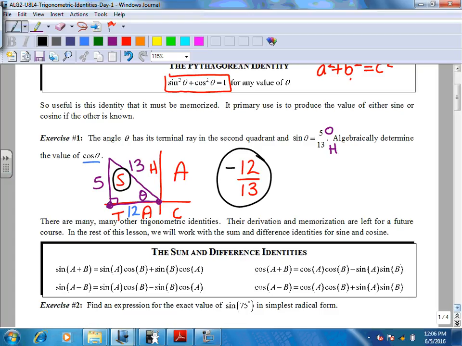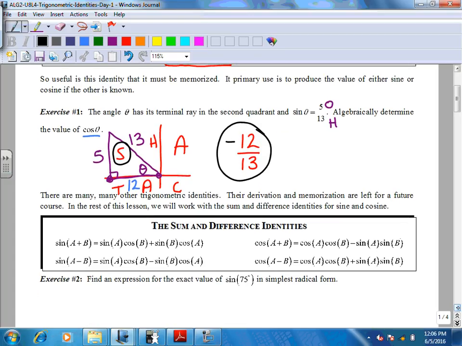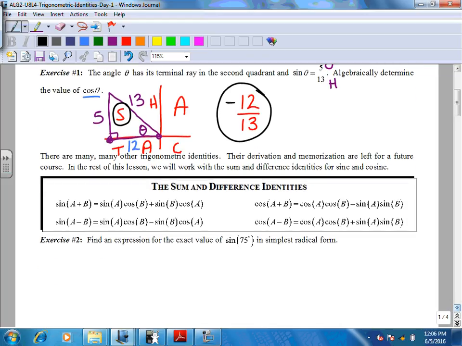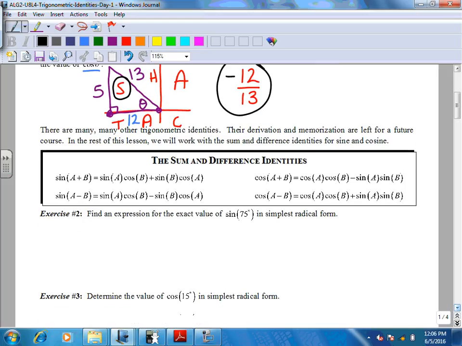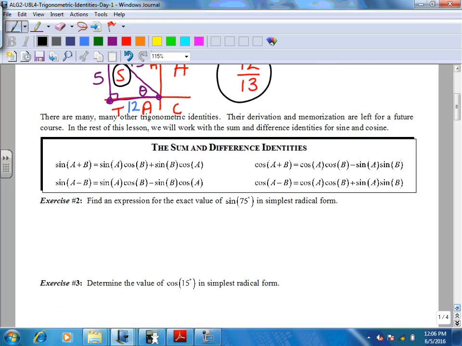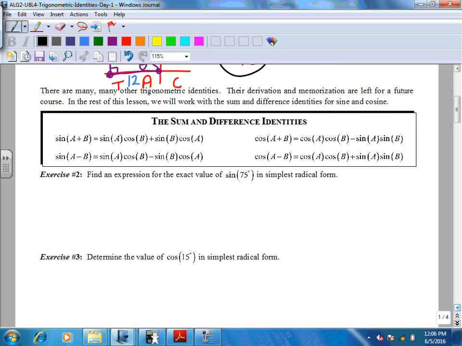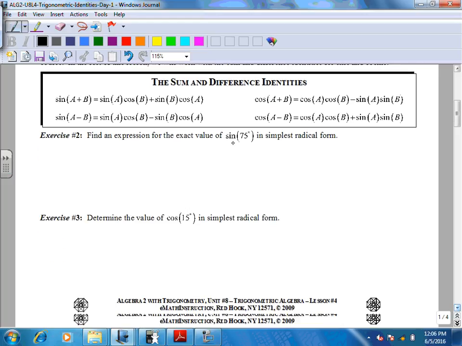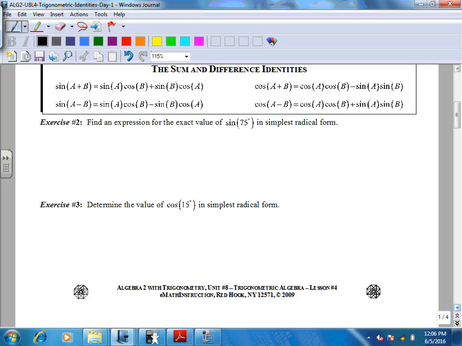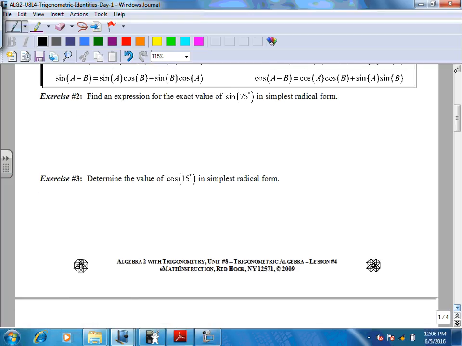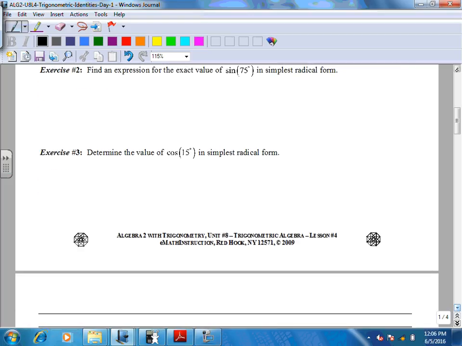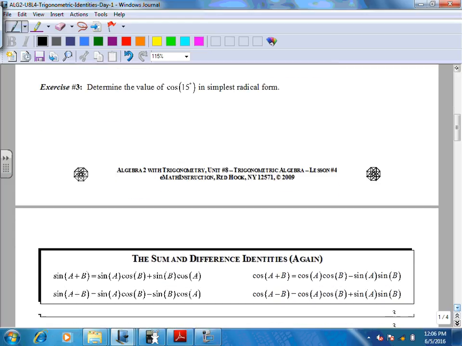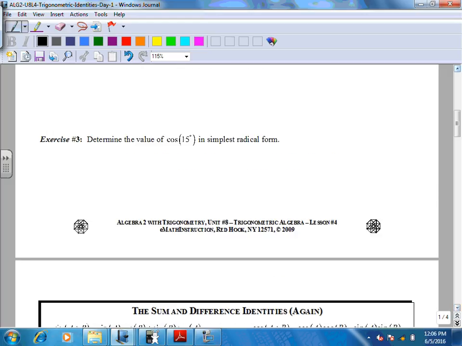Okay. Now, not every angle will work out nicely when we're finding the sine or cosine of it. For example, we know sine 120, we know sine 135. Anything that has a nice reference angle of 30 or 45, we can find the sine, cosine, tangent, etc. of. But what if we get something like sine of 75? If I drew a 75-degree angle, it would be in the first quadrant, but it would have a really ugly